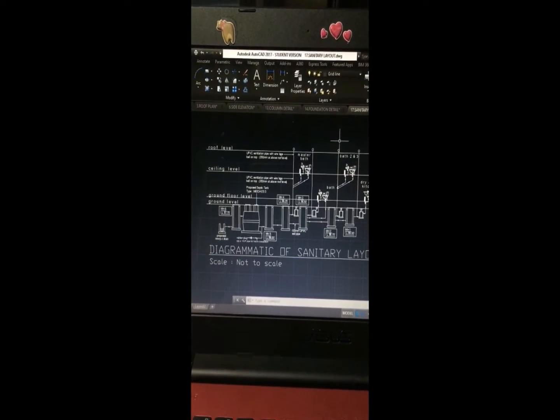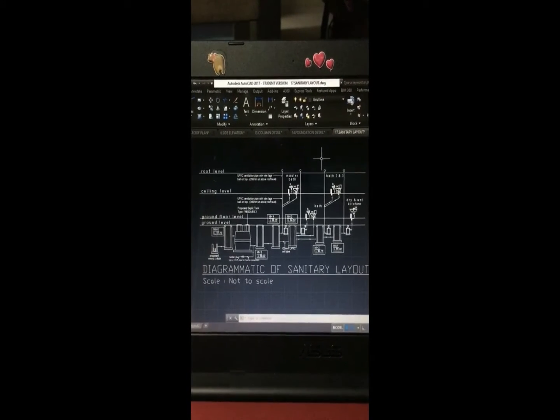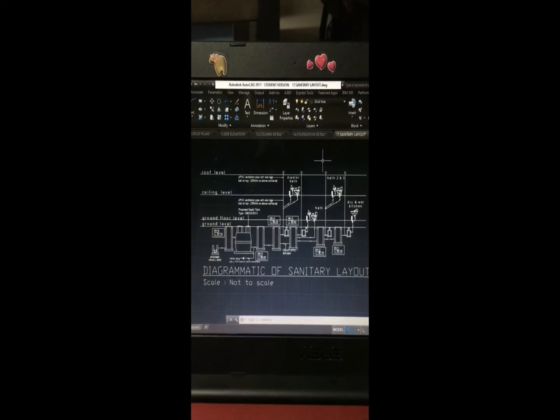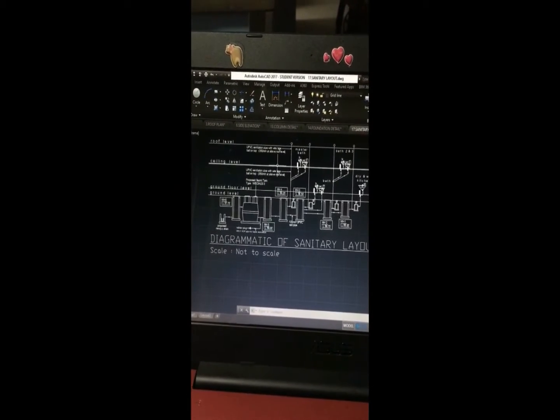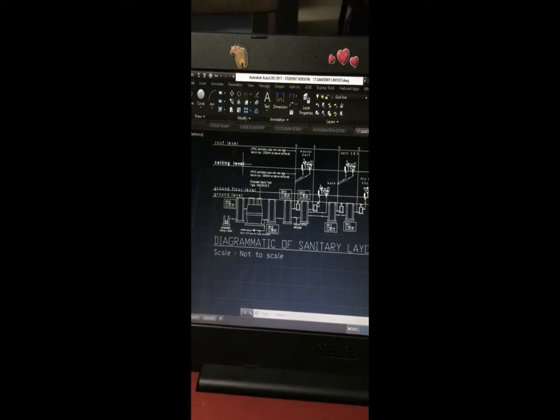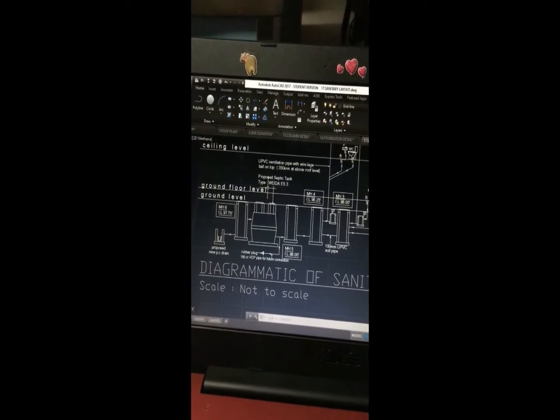Lastly, the drawing is about the sanitary layout. This drawing is used for the construction to see the sanitary layout and the drain for the sanitary. In this drawing, we have the sanitary layout for every floor, like the ceiling level, ground floor level, and the ground level. In the ground level, we have